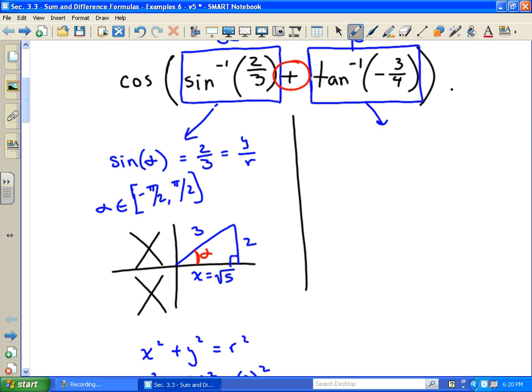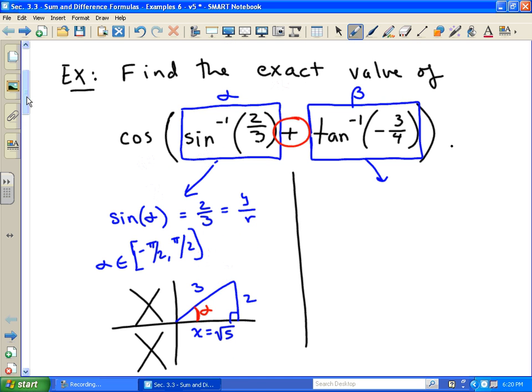Tangent inverse equaling negative 3 over 4 actually means, remember that I had associated beta with this particular function, so tangent of beta equals negative 3 over 4. On here, beta, from what we know about inverses, is restricted between negative pi over 2 and pi over 2, not including those endpoints. If we draw a triangle,